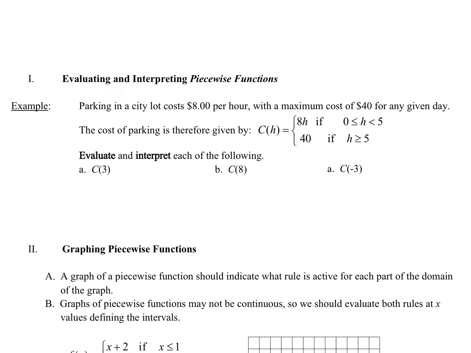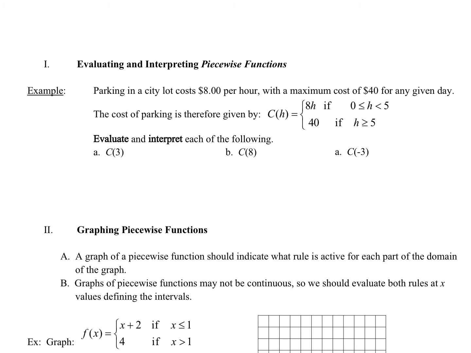And we are going to evaluate a piecewise function. Real quickly, I just want to make sure, if you hadn't seen this before, this is what a piecewise function looks like. So we have our function here. We can see it's defined as C. Its input is H. And there's some stipulations, right? We follow one rule if that H value, if that input, is greater than or equal to 0 and less than 5. We have a different rule if that H value is greater than or equal to 5. Okay, let's actually figure out what this is describing, and then you're going to go ahead and try to interpret each of the following